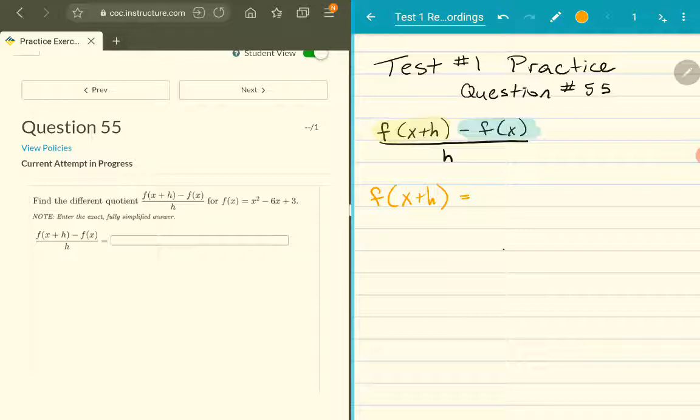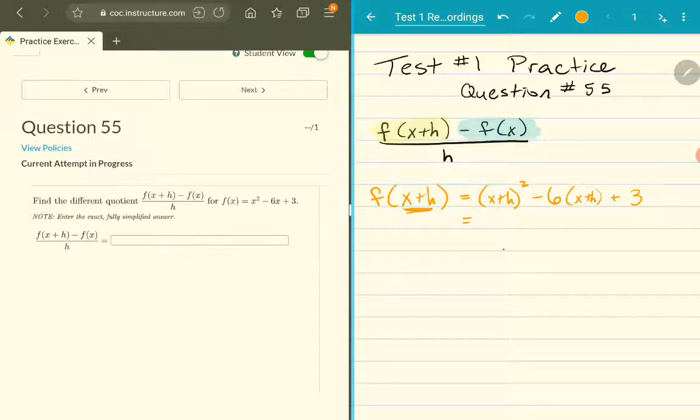So my f of x is x squared minus 6x plus 3. So I'm going to rewrite that with parentheses for my x's. So I have x squared minus 6x plus 3. And I wanted to use parentheses because that way I can plug in x plus h for x. So I have x plus h here and an x plus h here. Now I'm going to distribute that, and I get,